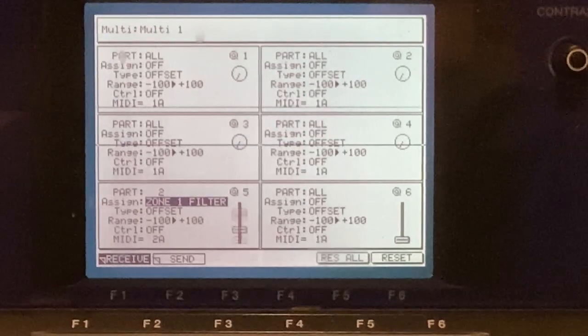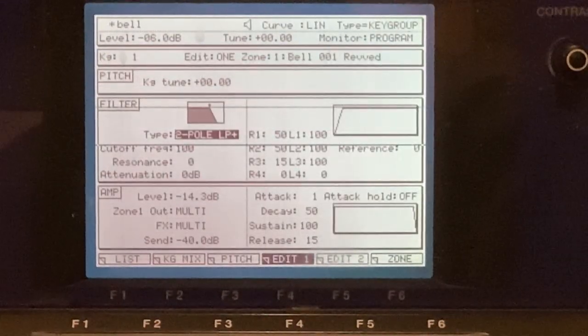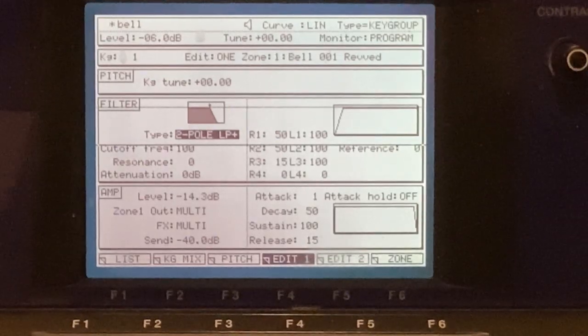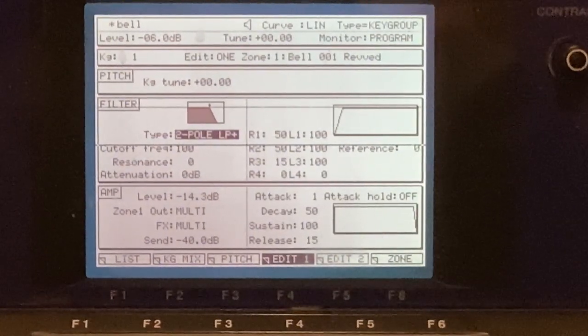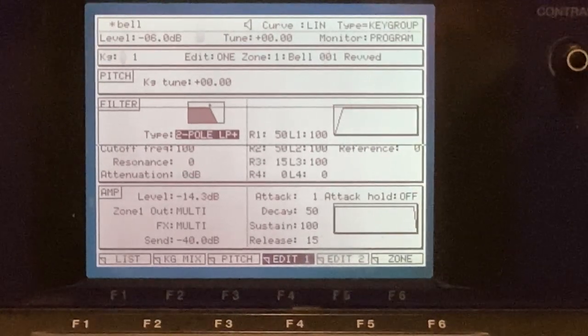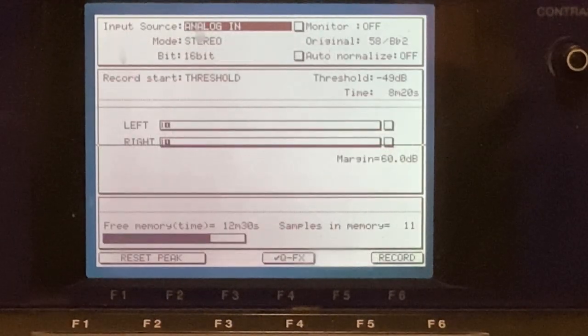You have to set them up, and then you have to set up, obviously, a filter. I've set up a filter on there, okay? So that's why it's being affected by the Q-link. A Q-link doesn't actually work when you're on this page here, okay? But it works in the record page. So now we're gonna press the record sample button. Come back to this page here. If I press play,